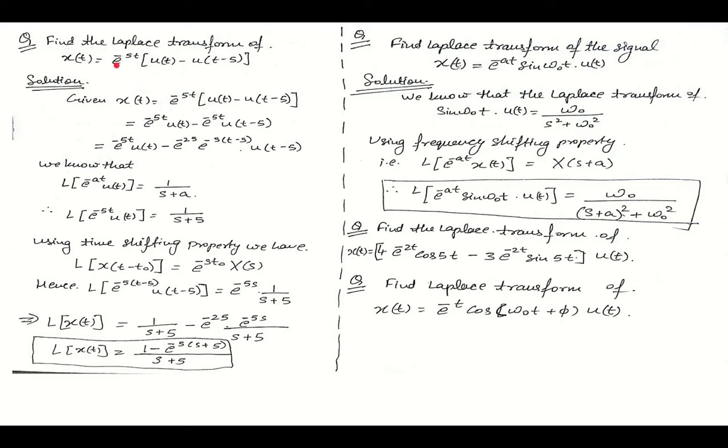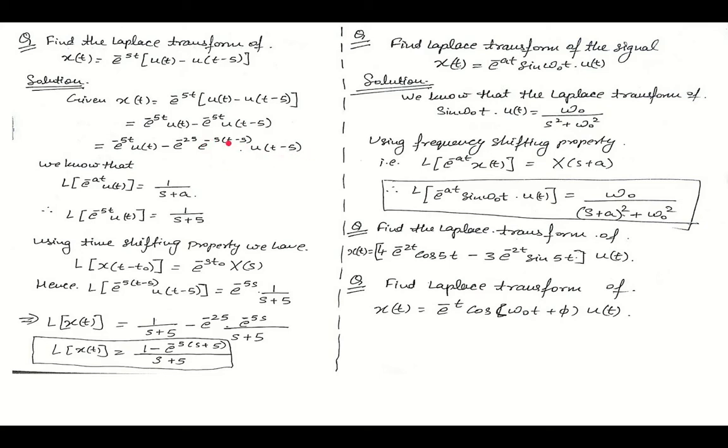So I can multiply this e to the power minus 5t with the inner values of u(t minus 5). It will yield e to the power minus 5t u(t) minus e to the power minus 5t u(t minus 5). Now in this numerical, if we want to use the time shifting property, we have to make this 5t also according to u(t minus 5). So for that, if we multiply it with e to the power minus 25, then this factor will become e to the power minus 25 into e to the power minus 5 into (t minus 5) into u(t minus 5).